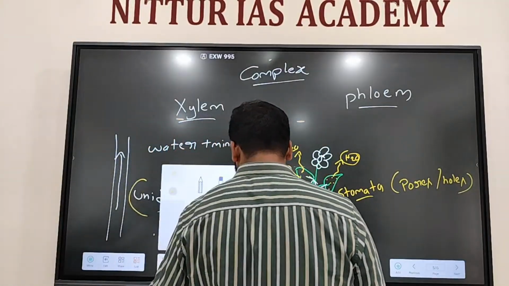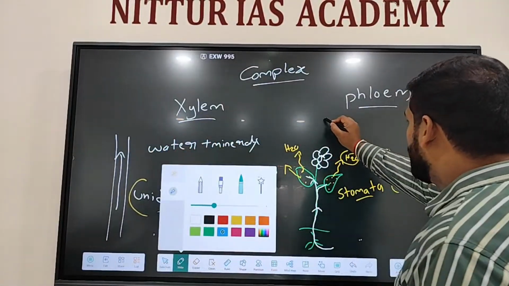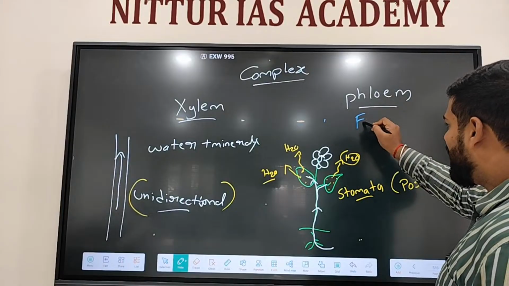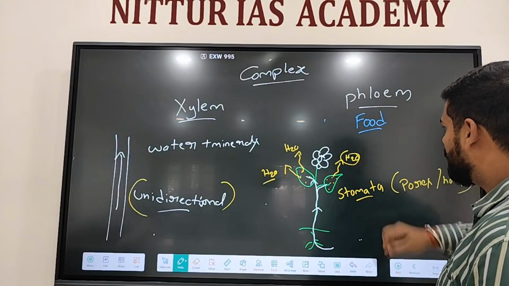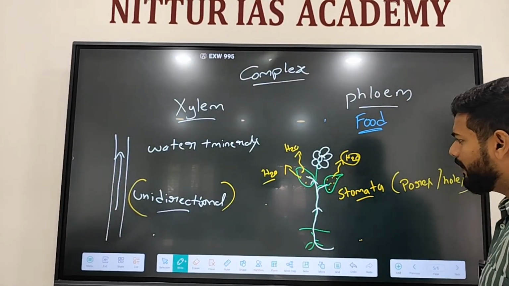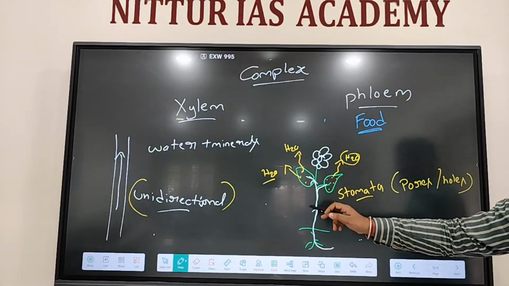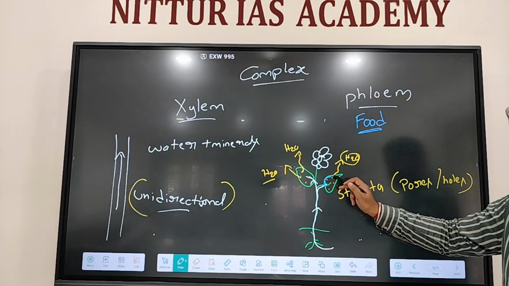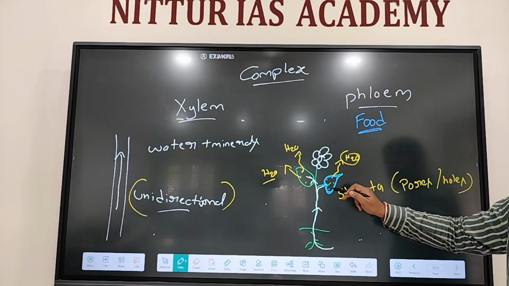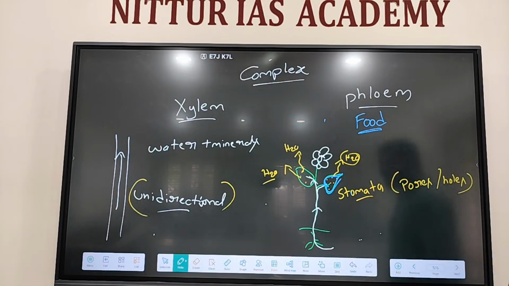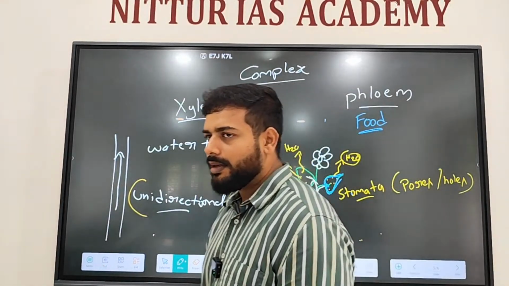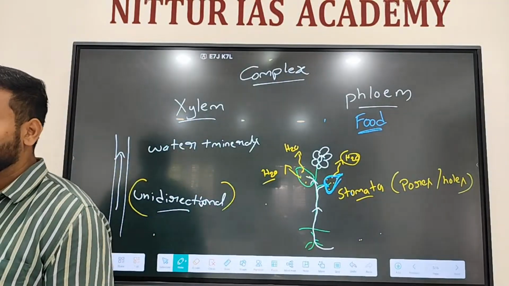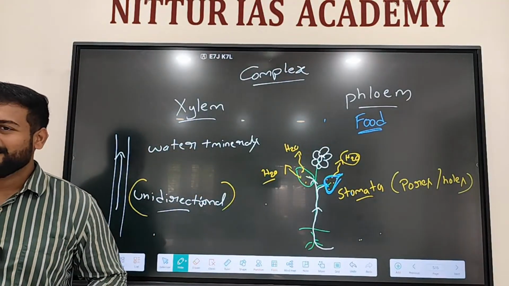Then in phloem, food transportation happens through phloem. Food is produced in the plant, majorly in the leaves. Leaves are called food factories. Photosynthesis happens in the leaves majorly. Photosynthesis means